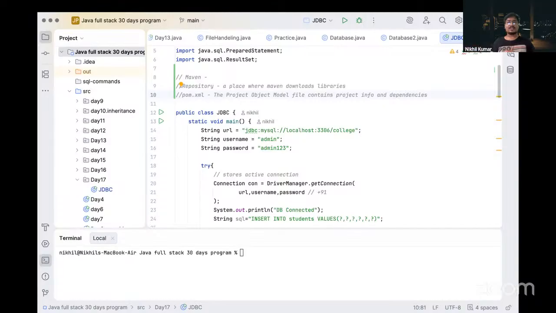Each and every piece of information of our project is stored inside our pom.xml file, and all the dependencies are also added inside our pom.xml file. For the information, we have group id, artifact id, version, or name of project. So these are some things we have inside our pom.xml file.